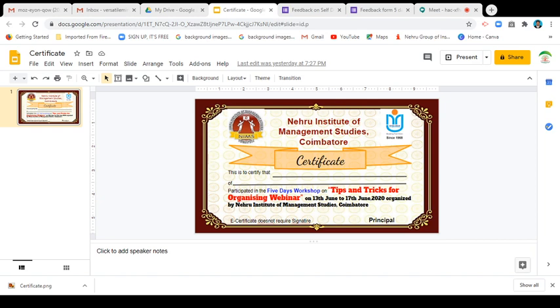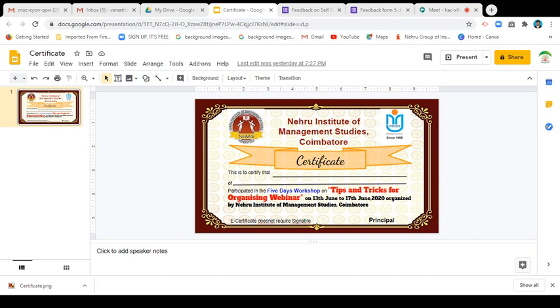So in a real-time situation, when we are organizing some symposium or meet in our college or school, we get some printed certificate from the printer, an empty printed certificate. So like that the certificate is ready. Got it, sir? Okay. So now we use that empty certificate to fill in Microsoft Office.